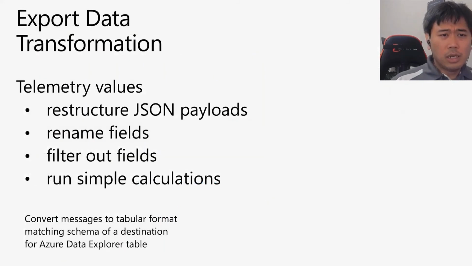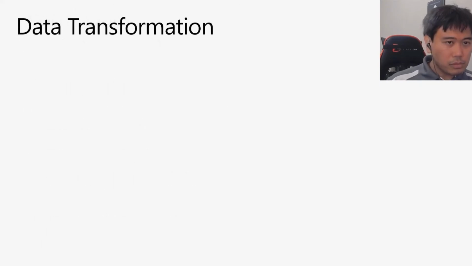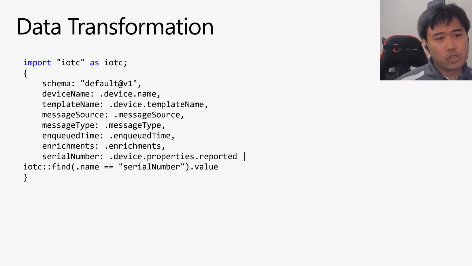So let's look at the data transformation side. What can you do with data transformation? You can have telemetry values where you can restructure some of the JSON payloads and rename the fields. Sometimes you can filter out the fields or run simple calculations. So the data transformation side, you can have these. This is a simple example where instead of